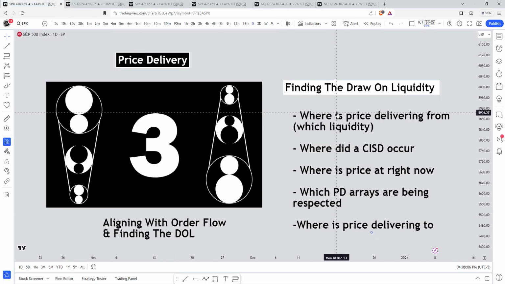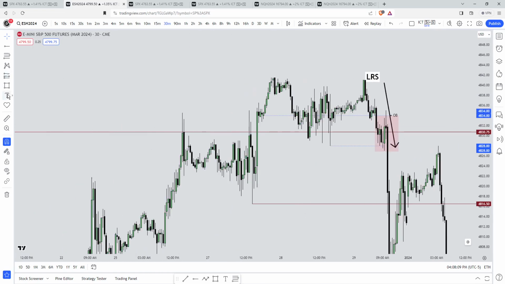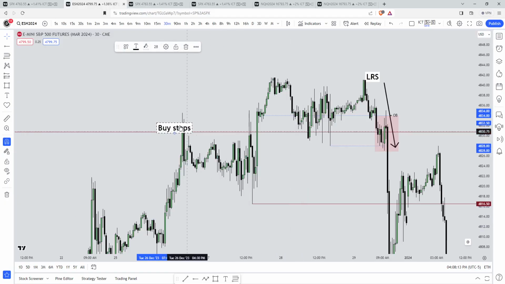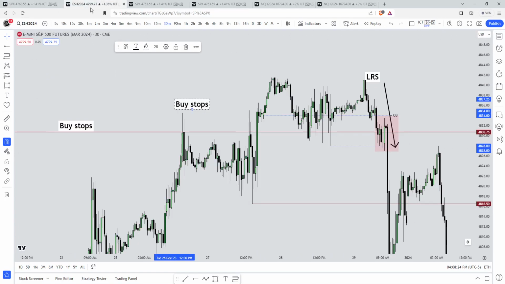Where is price delivering from? Which liquidity? We'll see this line. This is buy side. So we have the buy stops right here, and then we also have the buy stops right above this high. So it's taken out buy side. And then what occurred after that? It expanded lower and it created a change in the state of delivery. So it took out the buy side, expanded lower, created a change in the state of delivery here, repriced back